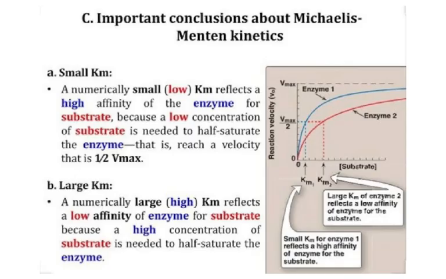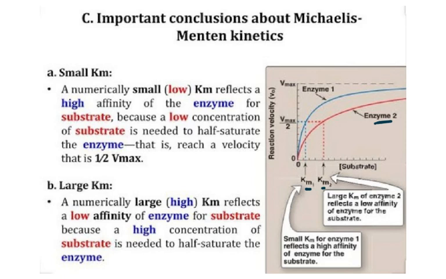Now, these are the important conclusions about Michaelis-Menten kinetics. A small Km, what is a small Km? You can see here this is a small Km, and here you can see a large Km. So enzyme 1 has a small Km, and enzyme 2 has a large Km. So numerically small Km reflects a higher affinity of the enzyme for the substrate because a low concentration of the substrate is needed to half saturate the enzyme, that is, reach a velocity that is half Vmax. A large Km, like here in enzyme 2, reflects a low affinity. So it's sort of inverse. High Km, large Km, low affinity of enzyme for substrate because a high concentration of the substrate is needed to